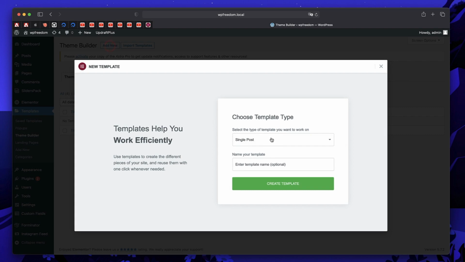We are going to create a new single post template or single page template. So these expandable social share buttons become a part of new design. So whenever you create a new post, new page, or you can also create a new single post template for your custom post types. That way, these expandable social share buttons become a part of the design. Well, I'll just click on create template.